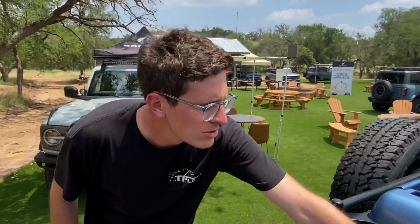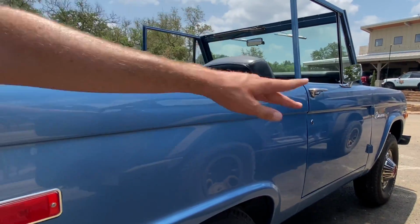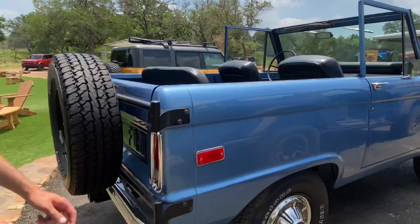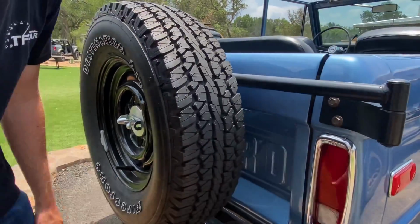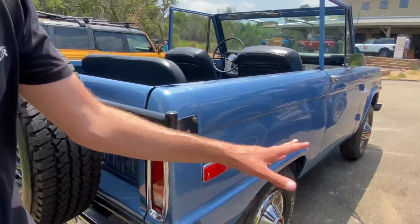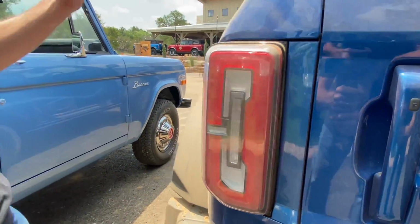This line is very similar, the way they've continued this flat, continuous crease along the side of the vehicle, quite similar to the new one. I love that. Tail lights, see a lot of emphasis in tail lights. These old Broncos share this tail lights with the F-100s of the era. The new Bronco has continued that squared off, tall, rectangular taillight here in the rear, and I love that they've